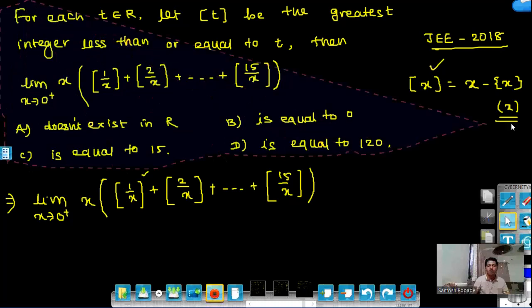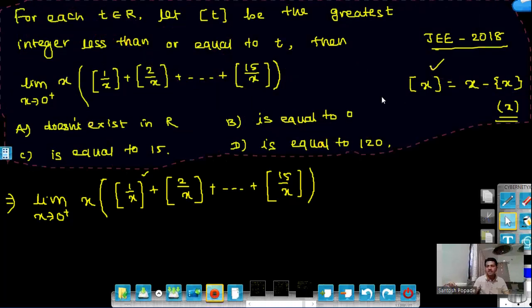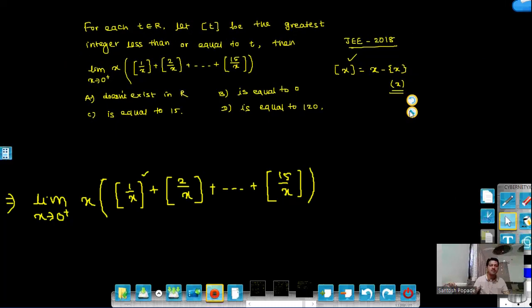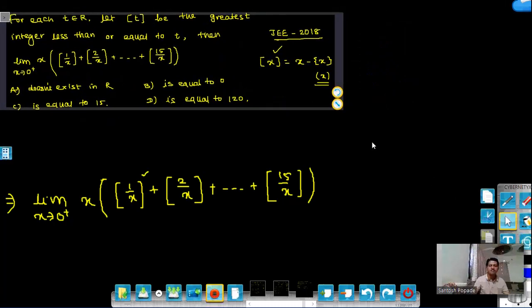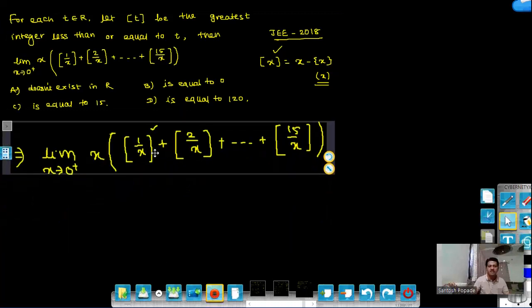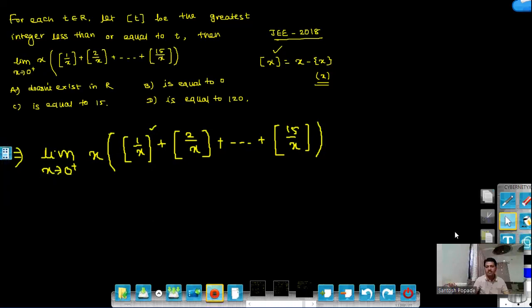Bracket x is equal to x minus its fractional part. Using the definition, I can express each term as the difference of the given number and its fractional part. So if we subtract the fractional part from a given number, then we get the greatest integer value. Okay, so I can write this as the limit as x tends to 0 from the positive side of x times the bracket,